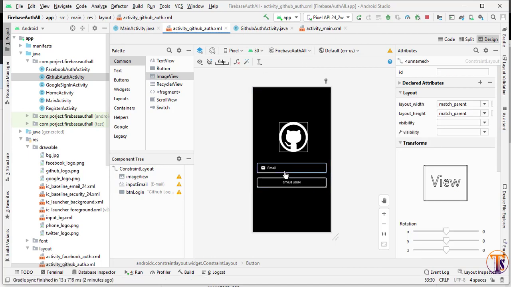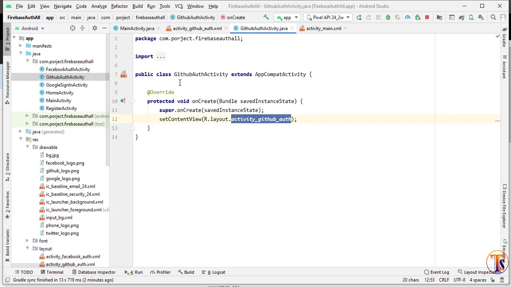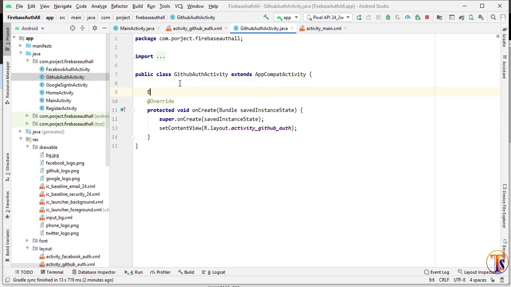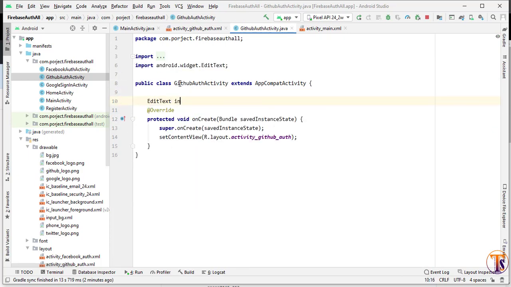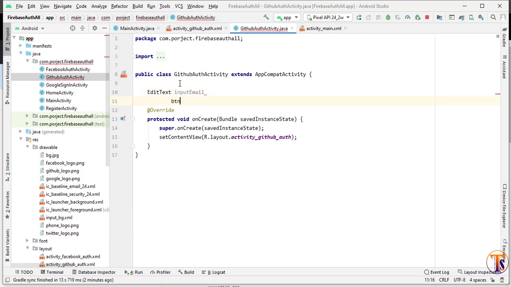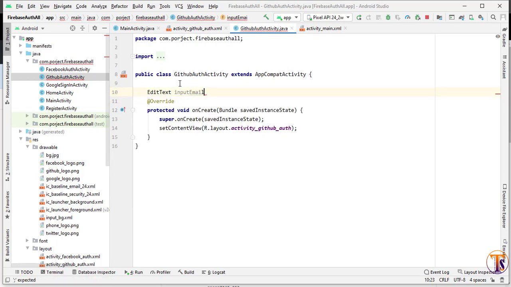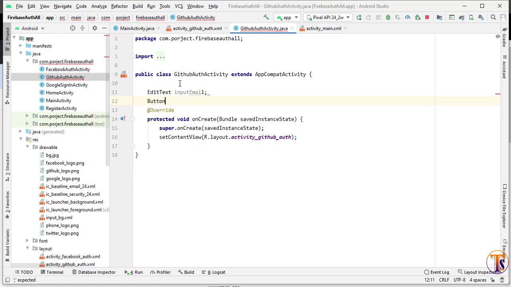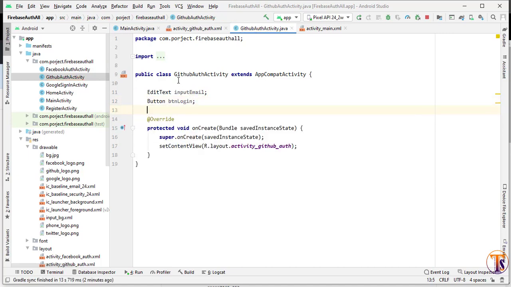Okay, now we have to initialize the edit text and button. So here I will open my GitHub auth activity. Here we have the edit text, input email, and the button, btn login. So we have to initialize both.